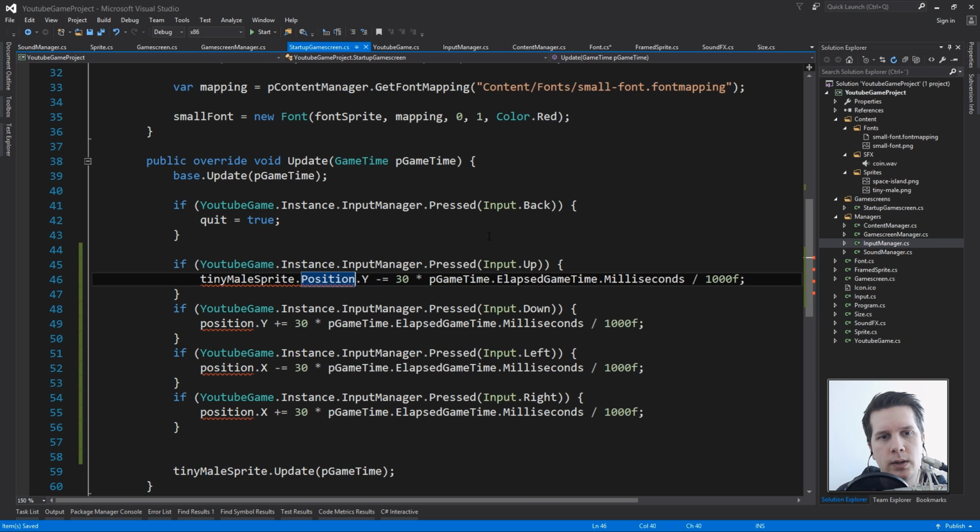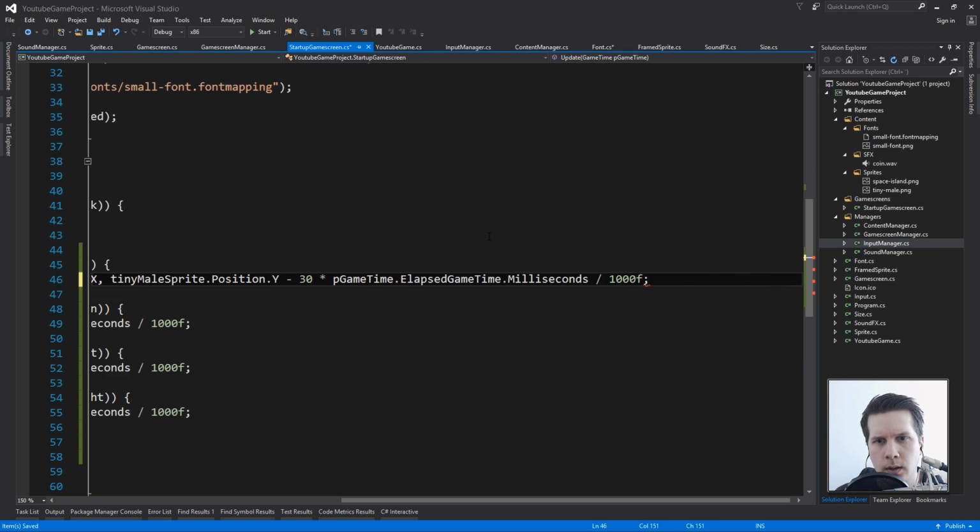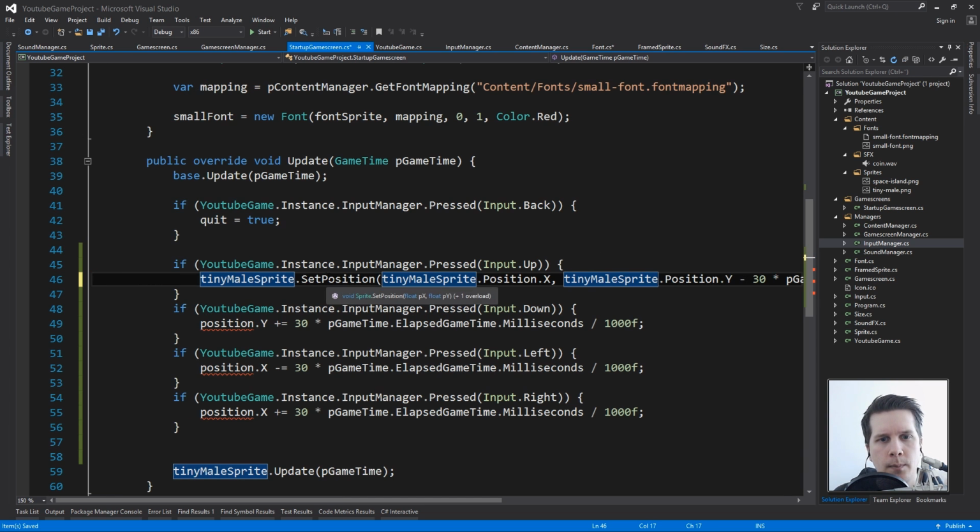So what we'll do is tell this sprite to set position, and we'll say x and we'll say y minus this. Okay, so this way I can utilize the x position that isn't changing, because we just actually want to